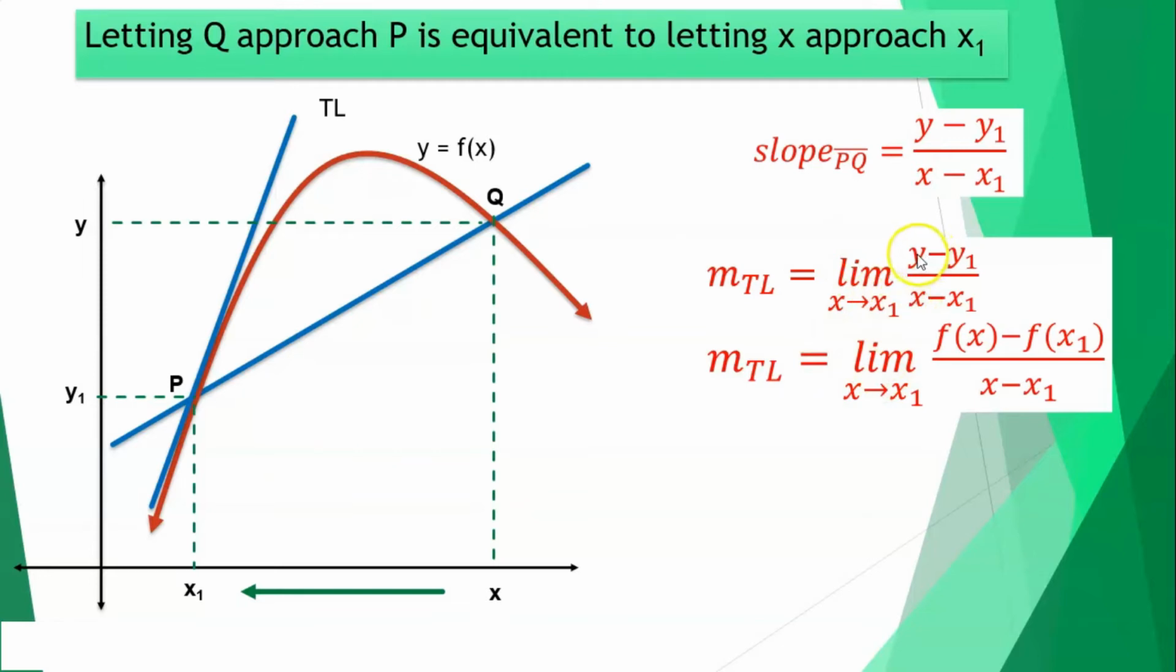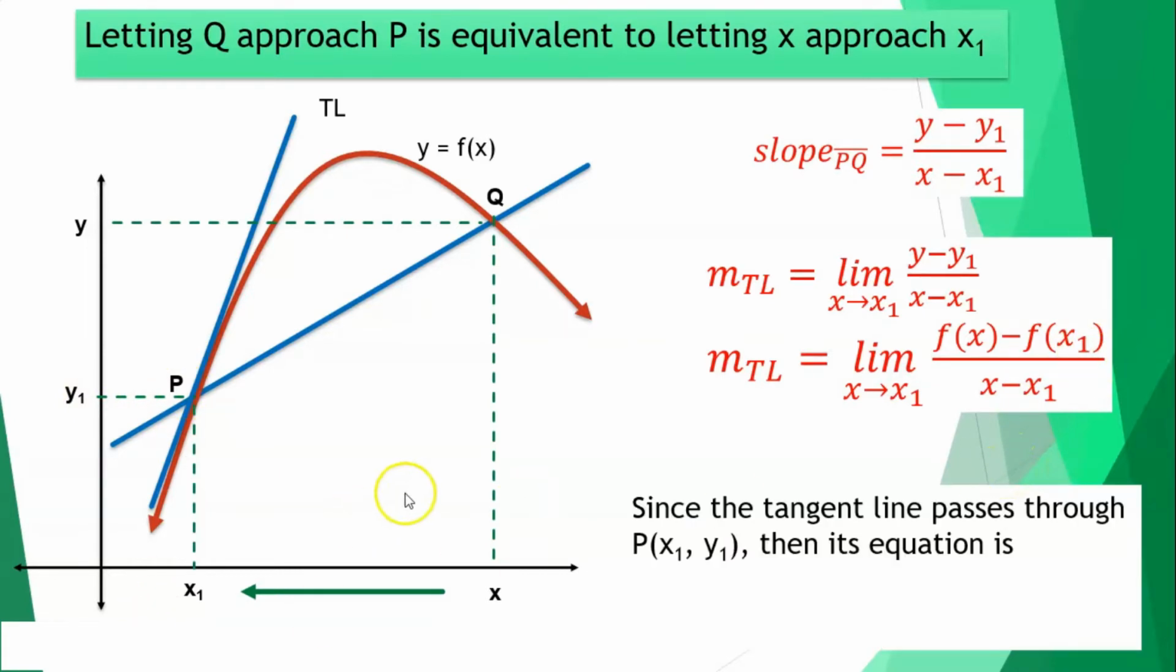So if we have here y, take note, y is basically the function of x. So that's why you have here f of x. While y sub 1 is eventually the function of x sub 1. So since the tangent line passes through the point x sub 1, y sub 1, then its equation is y minus y sub 1 is equal to m, which is the slope, times x minus x sub 1,